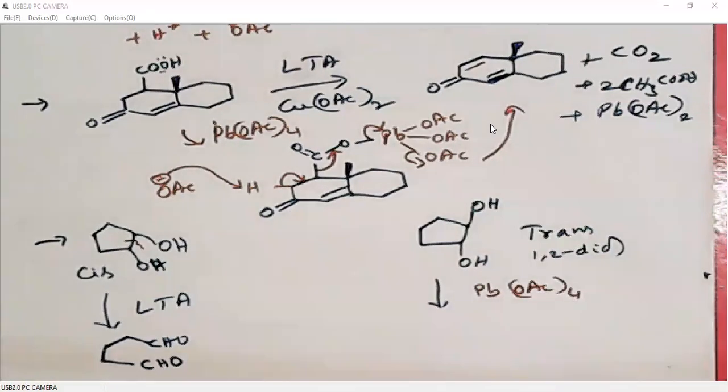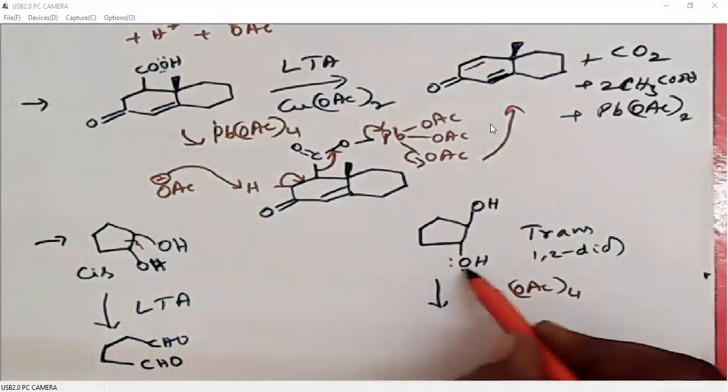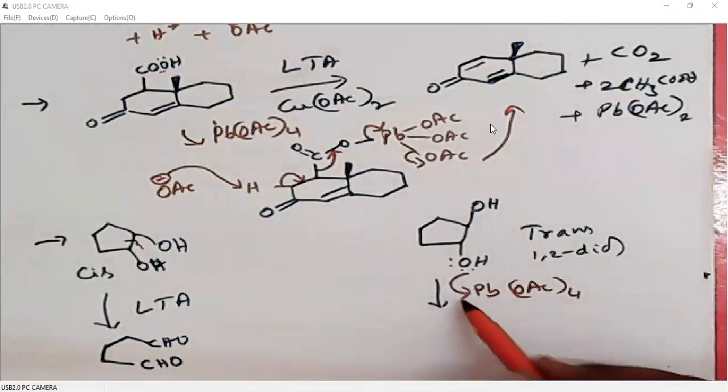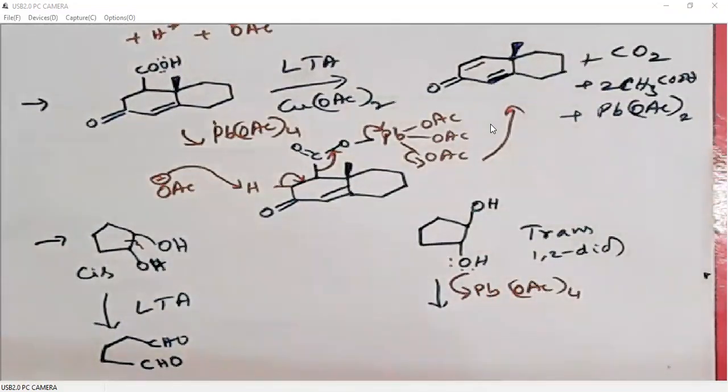When we were discussing the cleavage of 1,2 diols, I did tell you that there should be a cyclic ester intermediate. But in the case of lead tetraacetate, we don't need a cyclic ester intermediate. In the previous examples, we didn't have any cyclic intermediate either. In the case of trans 1,2 diols also, we don't need a cyclic intermediate. It is an open-chain intermediate like this.